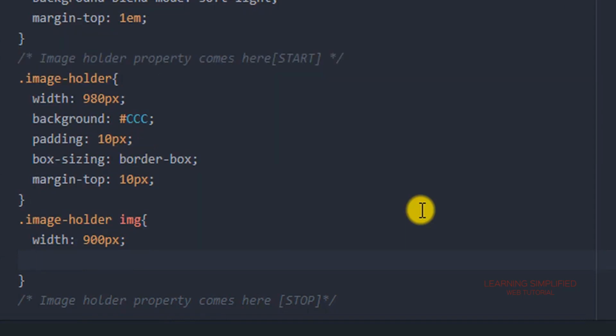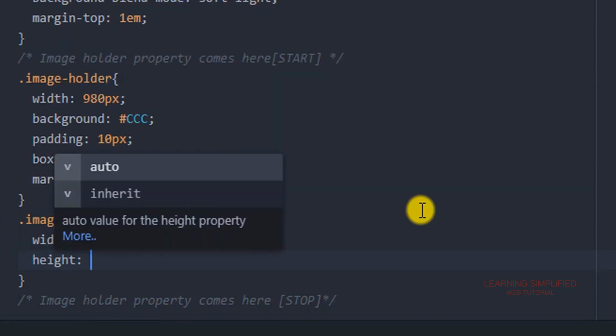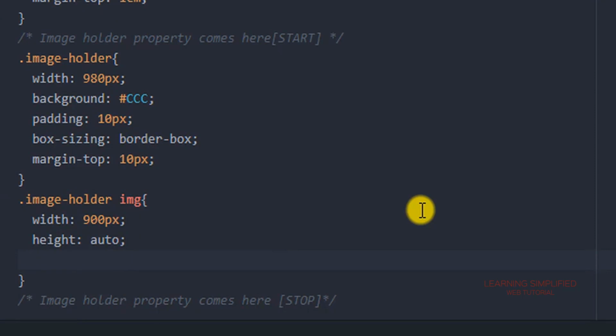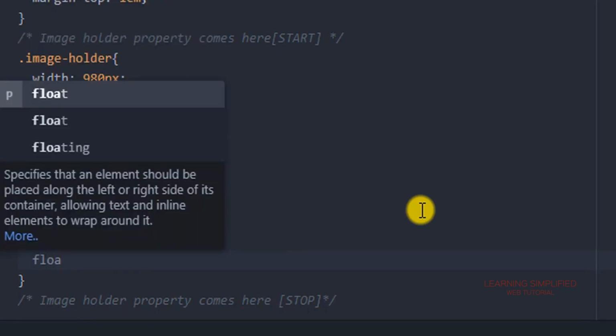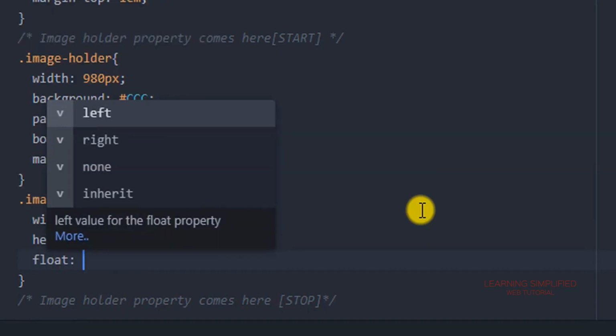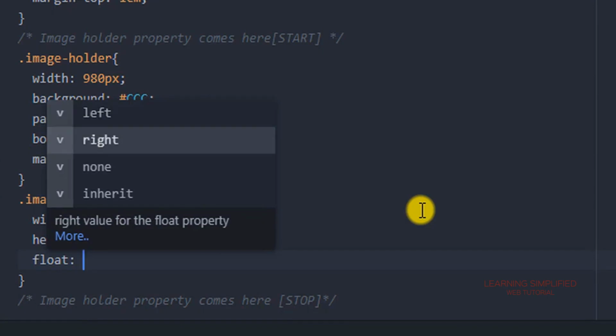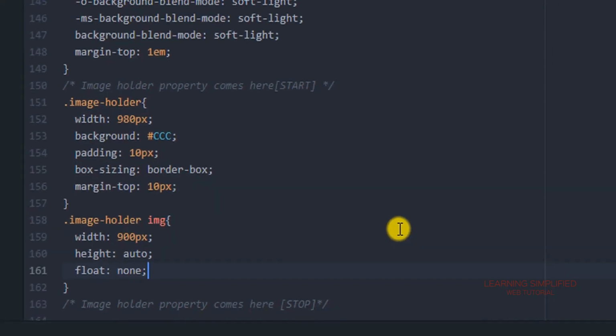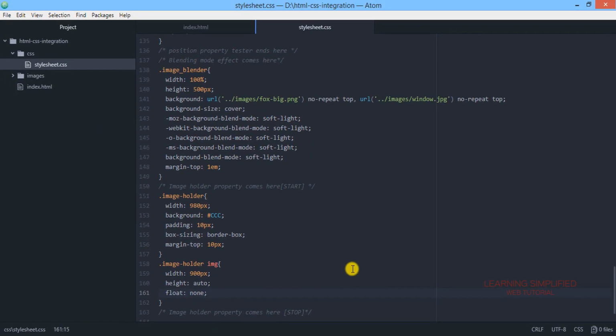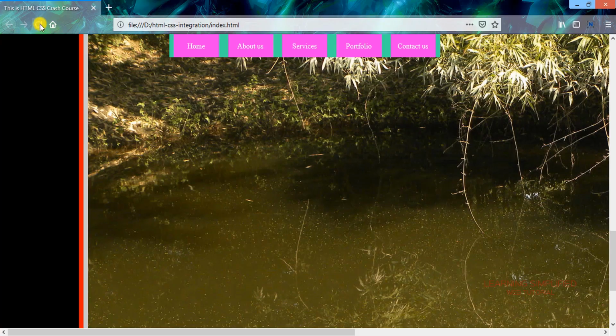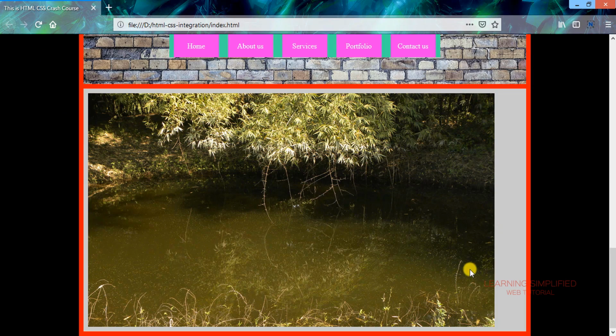it will have a height of auto, it will be floating. Now you may keep it floating towards the left side or the right side, or you may choose none. So if we choose none, and if we get back to our project and reload, we can see that this will be the result. That means we can customize an image source both in the HTML page and in the CSS page.